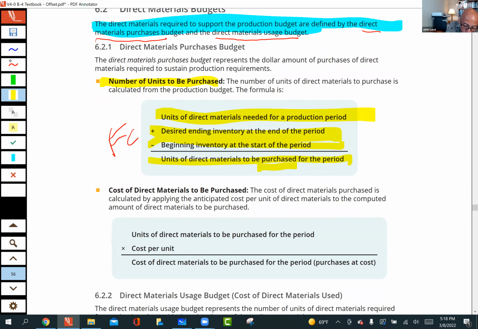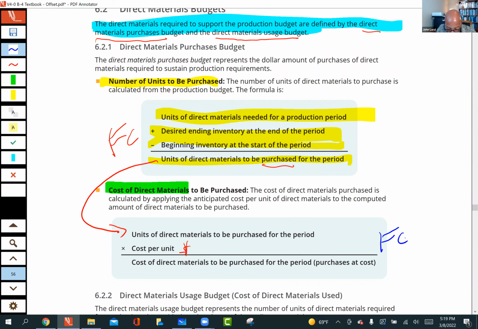Now, of course, we want to turn this into dollar amounts. So now you take a look, and the dollar amount of what's going to be purchased is the units of direct material that you just calculated to be purchased times the what? Times the dollar cost per unit. And I'm not going to have you flashcard that. I think that's pretty obvious. I'll go ahead, flashcard it. What the heck? You like making flashcards, right? Okay, so just go ahead and flashcard that too. Okay, but that's a dollar amount.